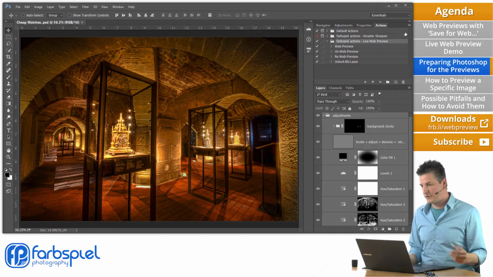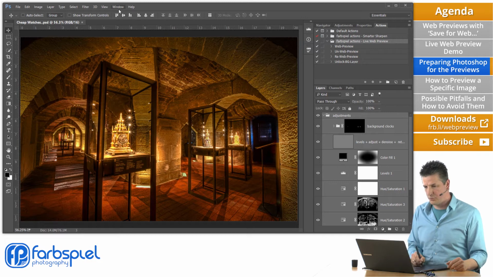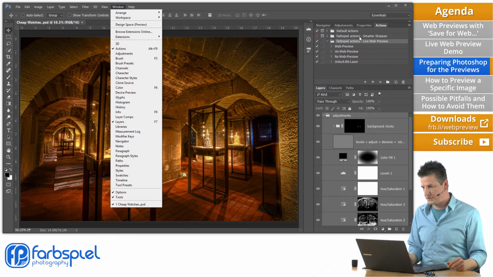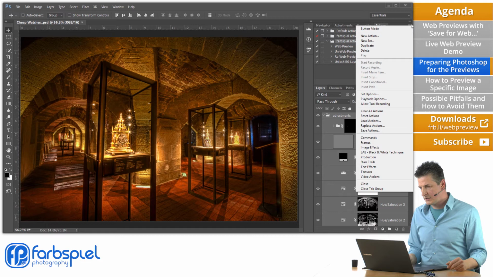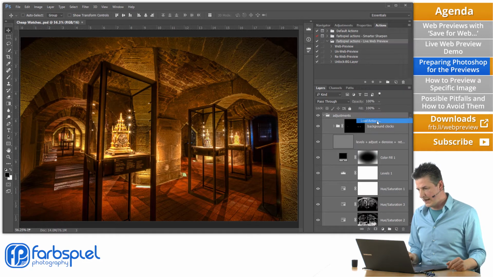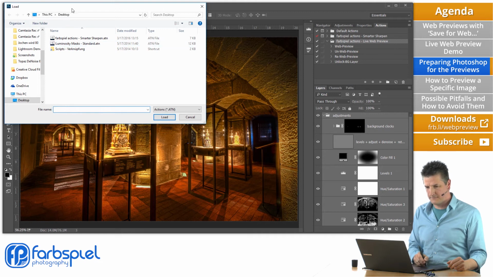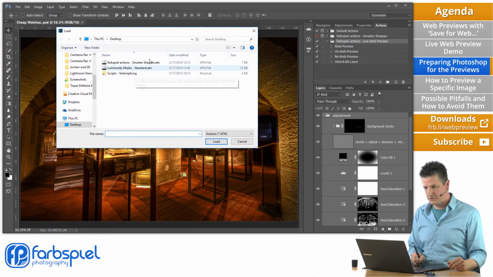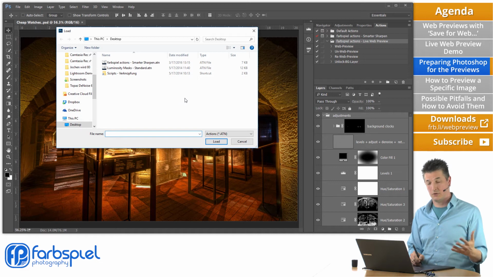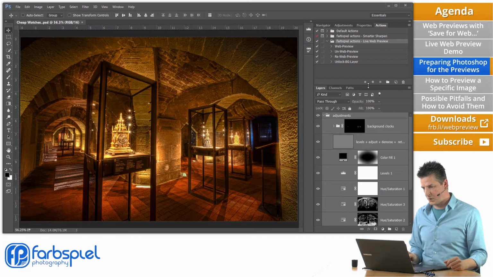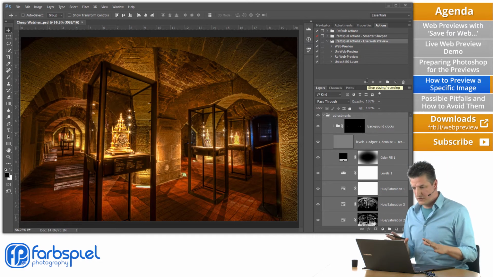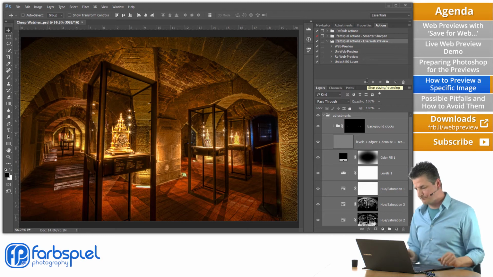And if you're on a Mac, for example, and the double-click installation trick that I've just told you doesn't work, just simply go to Photoshop, to the Actions panel, open it by going to Window and Actions, if it's not already open. Click this little icon here at the top right, and click on Load Actions, and it will open a load dialog here, and you can choose the ATN file that you downloaded from the website. Okay, so once you've got those actions inside Photoshop,